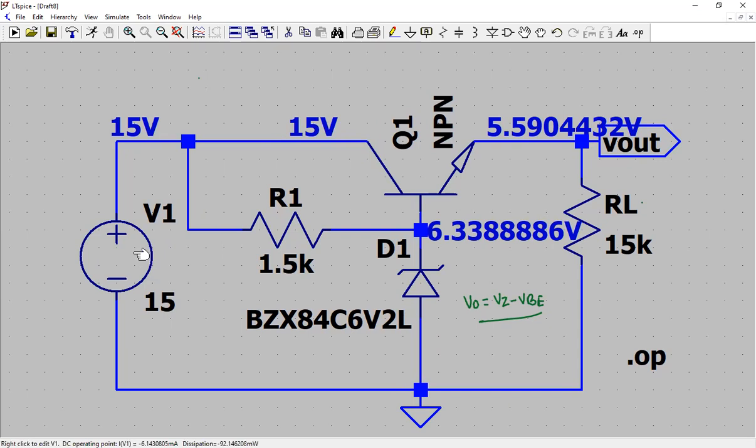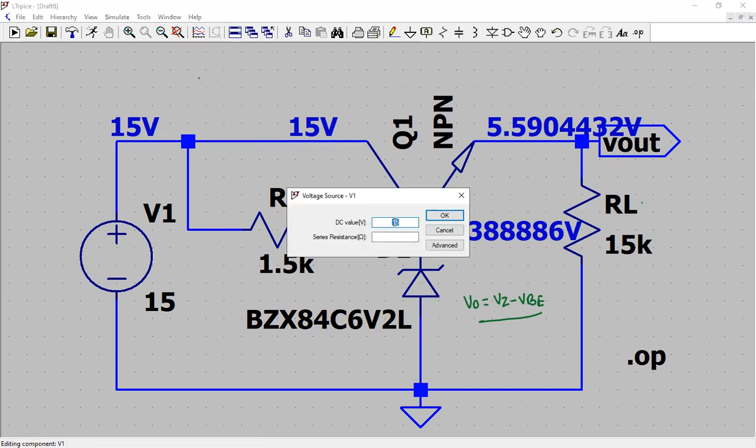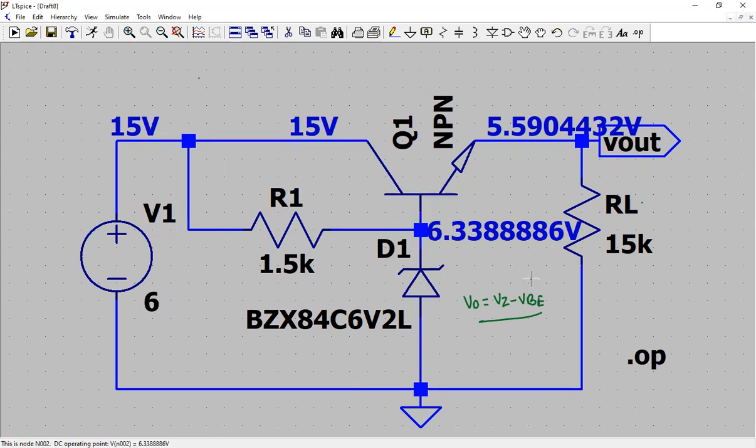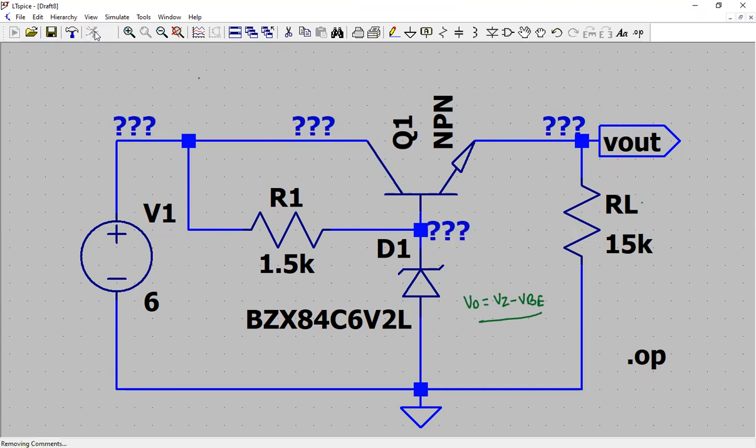But what if we make V1 fall below VZ? So VZ, remember, is 6.3 volt. So what if we just check this at 6 volt? Will it maintain the regulation? Will it regulate the output? No. See,